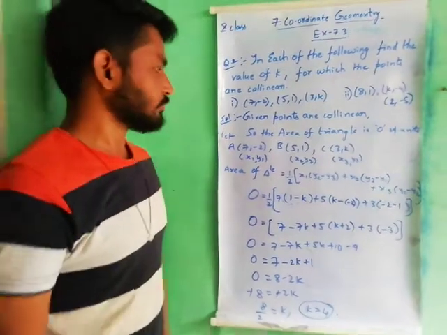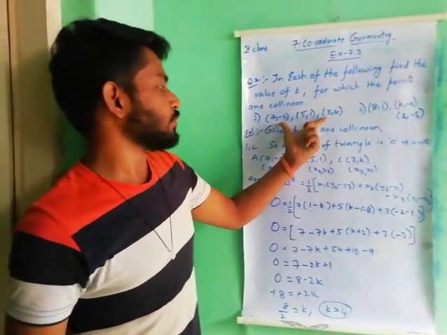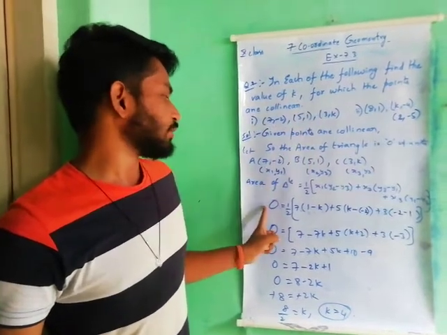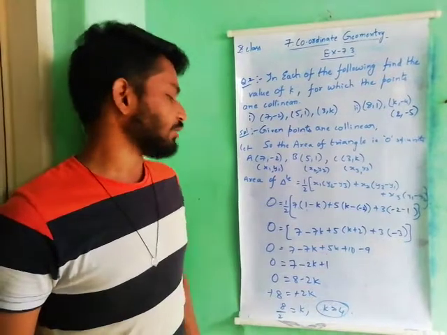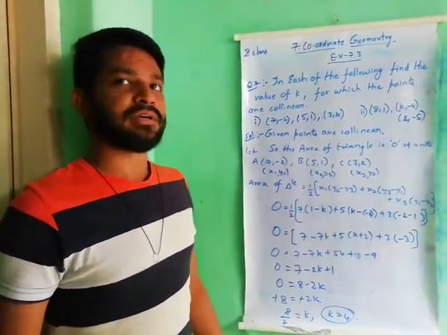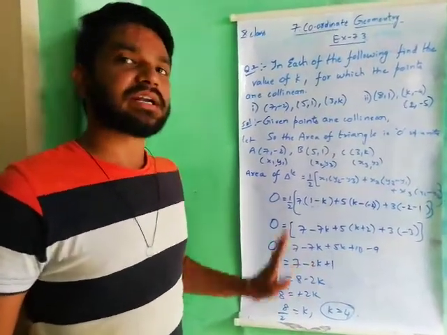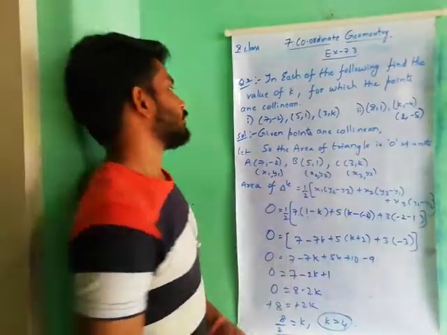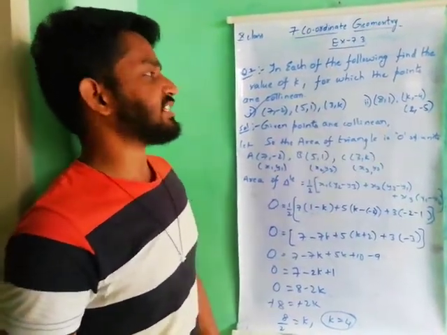Understand? So it is mentioned that the 3 points are collinear, so the area of the triangle is 0. Substitute all the values carefully, then finally you get the k value. So substitution is most important. Don't neglect the signs also. Then only you get the correct answer. Understand? So the first one is over. The second problem, do as homework in classwork.